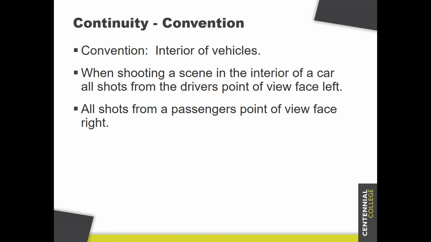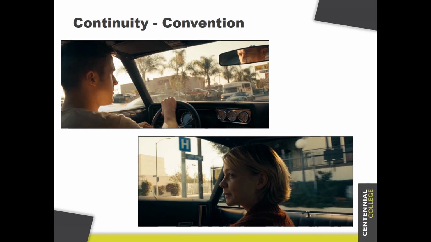The convention for the interior of vehicles. If you've got a shot that's in the interior of a vehicle, when shooting a scene in the interior of a car, all shots from the driver's point of view face left. That means that the driver is looking at the passenger, and the passenger is on the right-hand side of the screen, and they are facing towards the left-hand side of the screen. Based on our idea of good composition, we have room to move in front of our passenger, and it's going to be open on the left-hand side of the screen. So the passenger will appear on the right-hand side of the screen, and they'll be looking towards the